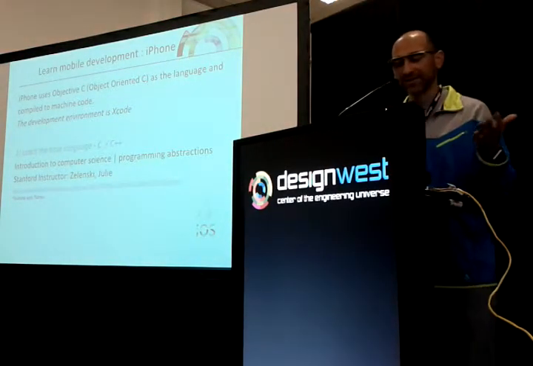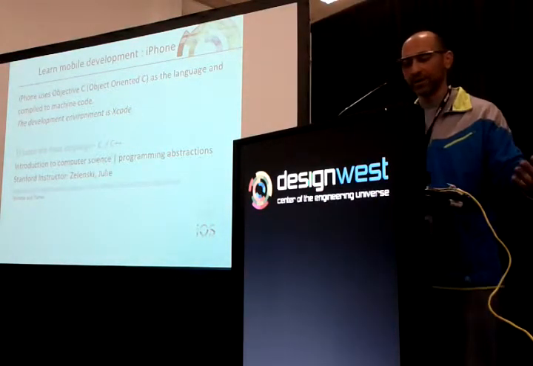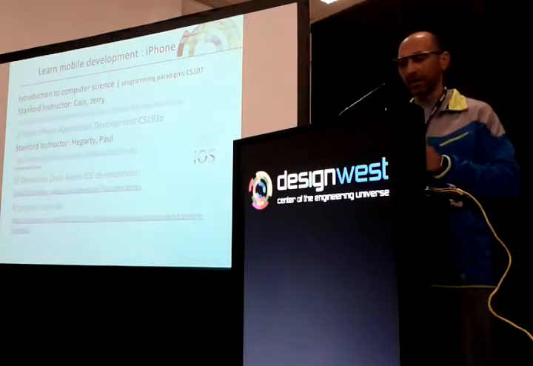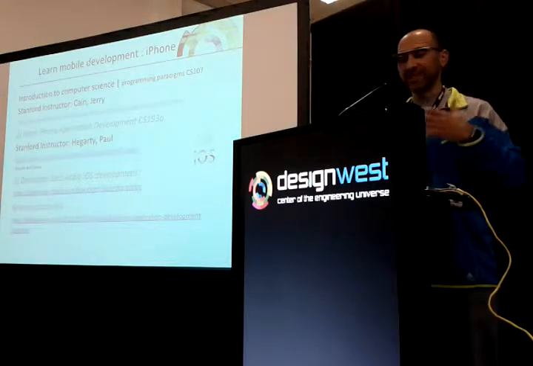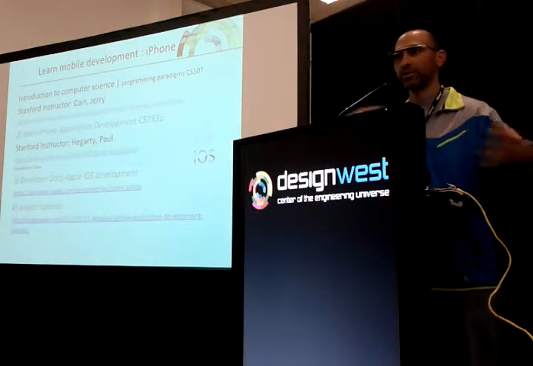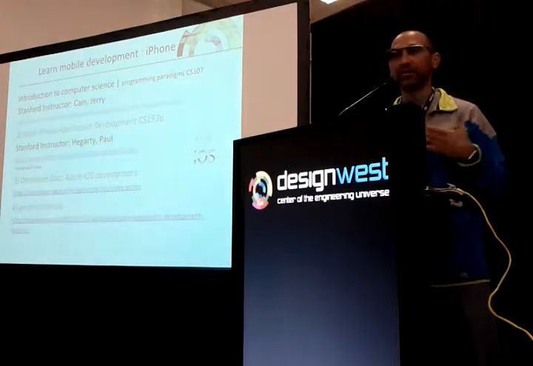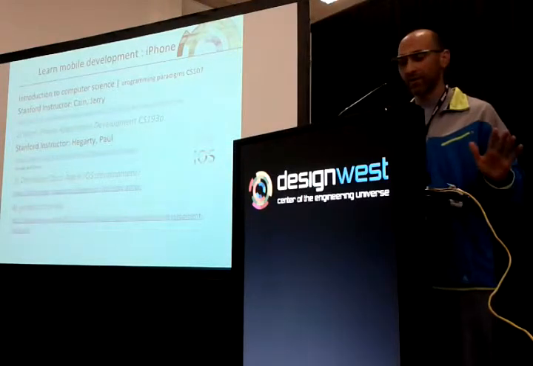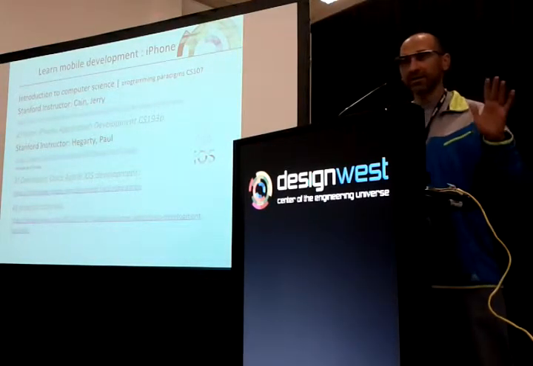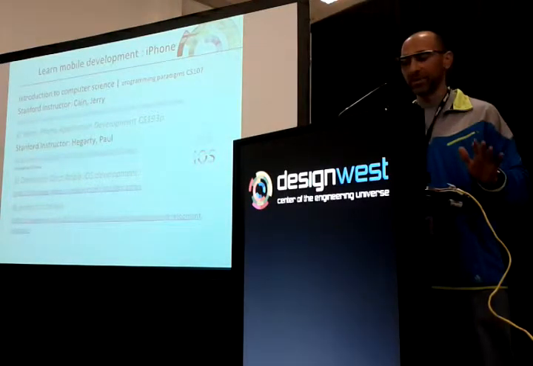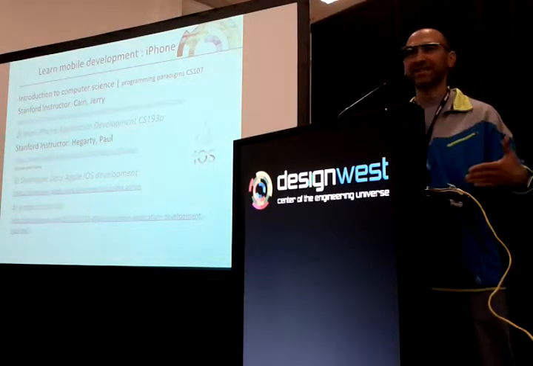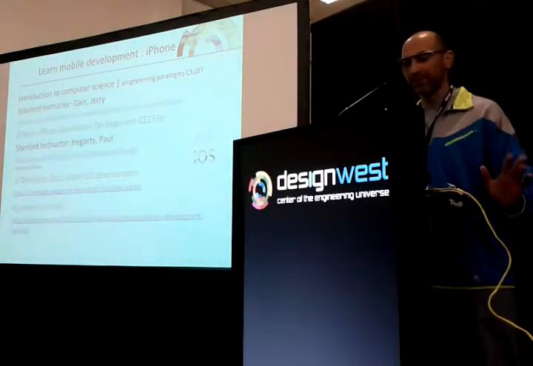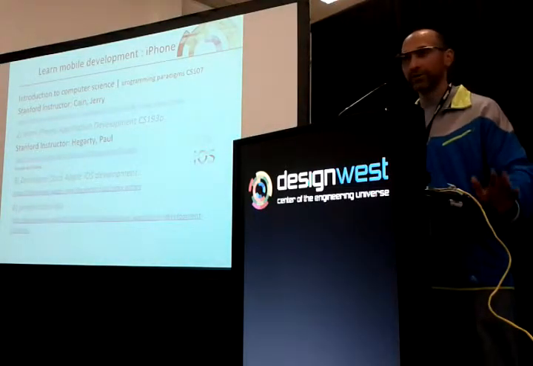So Stanford has a fantastic class you can get through iTunes or YouTube, and they go through C and C++. And they have another class, CS170, that teaches all the internals of how stacks work, pointers, all that stuff. So you learn those. And then they have another class that teaches iPhone. And I have not found any better resource on the internet to learn iPhone than Paul Haggerty's Stanford class, CS193P. He actually worked at Netscape and helped design Objective-C. He knows Objective-C extremely well. And then you have the Apple developer documents and the tutorials.